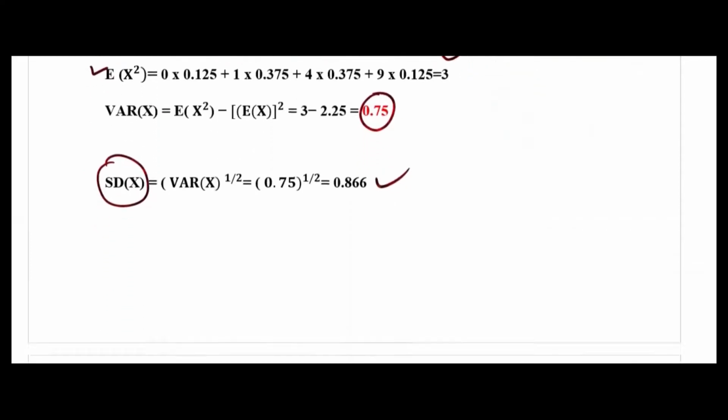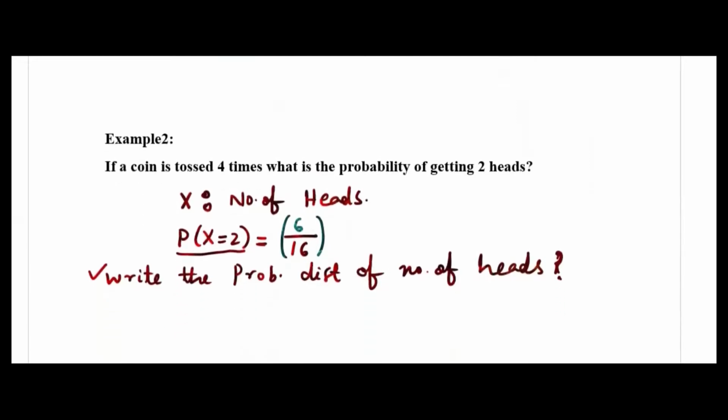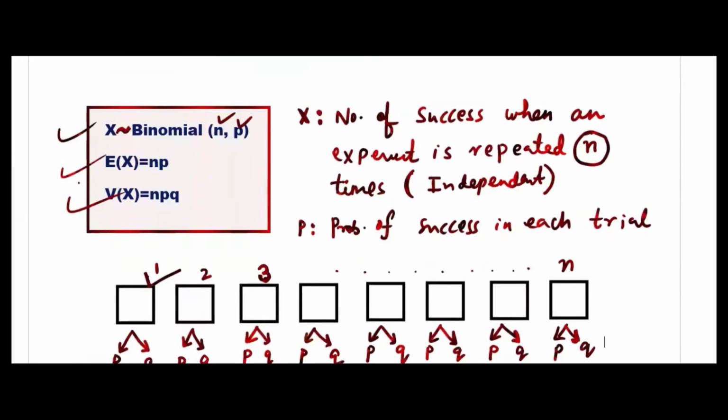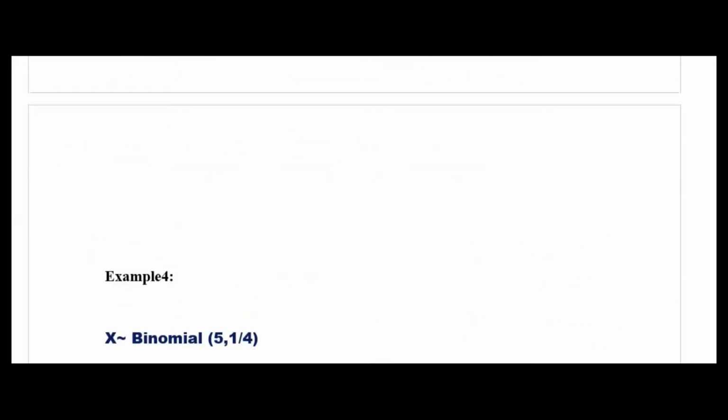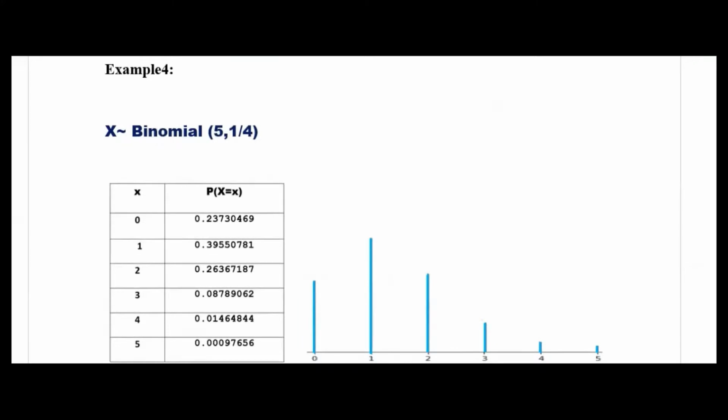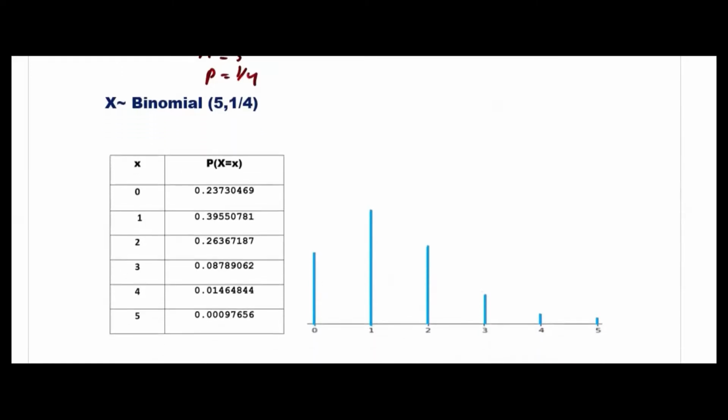That's all. So this is about binomial distribution, and a whole lot of things we will learn later. We have some problems here today. See, this is one binomial distribution. I have taken n = 5 here and p = 1/4 here, and to show you I have drawn the graph also. See, x is 0, 1, 2, 3, 4, 5. You apply the formula, find the probability. See, for 0 this is the probability, for 1 this is the probability, for 2 this is the probability.